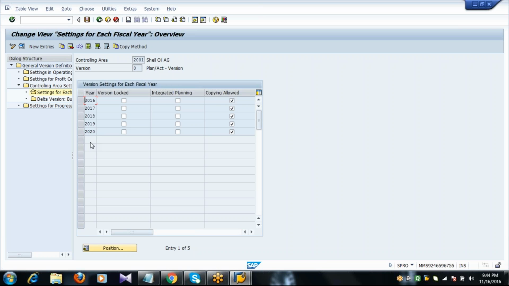Then how can we maintain it? Select the existing year and click on copy.